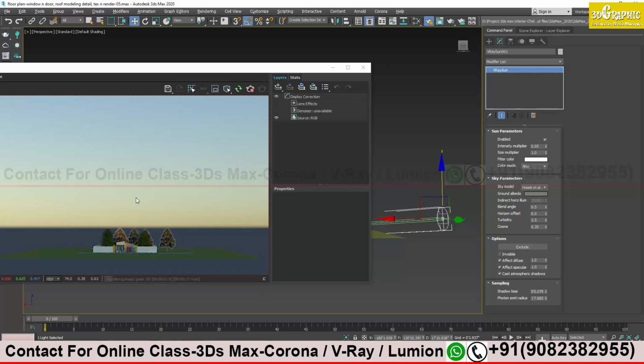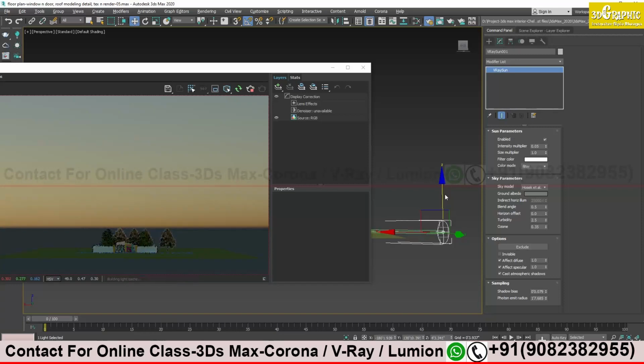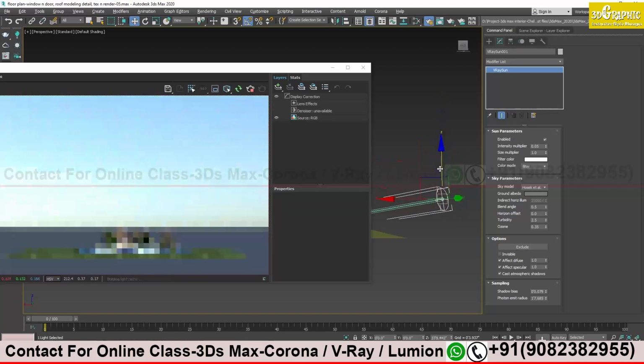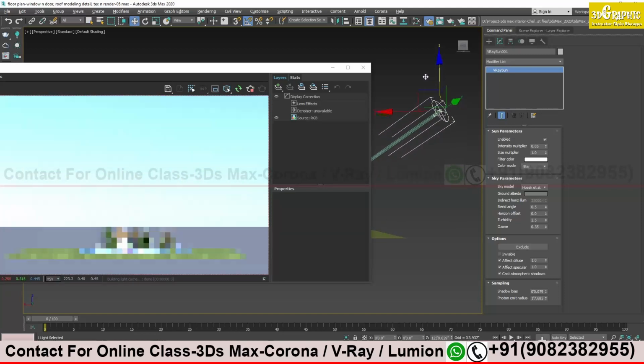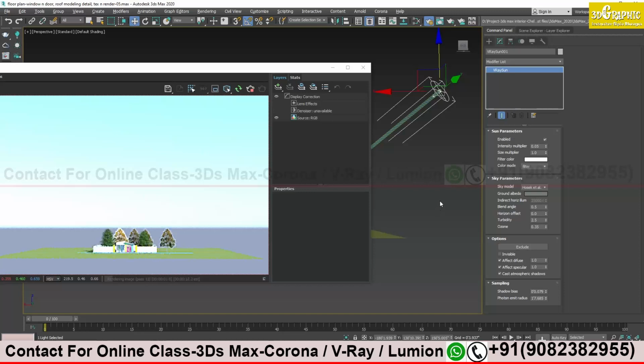In the evening time it becomes yellowish, no? The horizon is becoming yellow. This is the sky it's talking about, that you want this sky along with the V-Ray sun or not. So when I move my sun, my sky color also changes, no? Like evening. Again if I move my sun up, see? So this is the kind of natural effect you will get from a V-Ray sun.